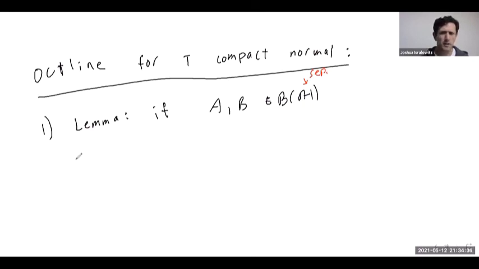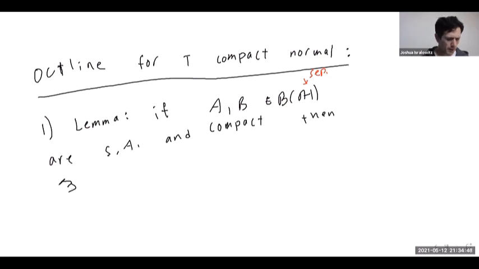Let's just say they're self-adjoint and compact. Then the claim is there exists an orthonormal basis of eigenvectors,